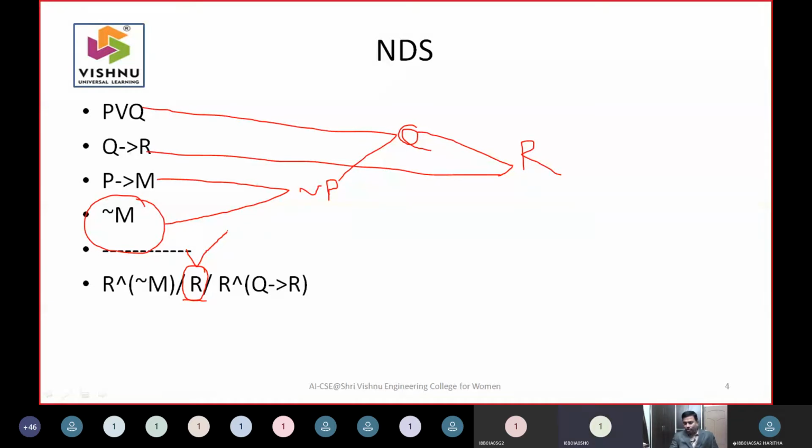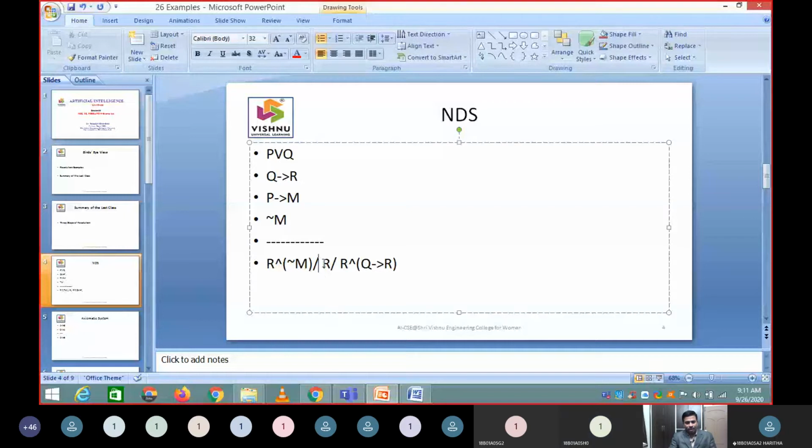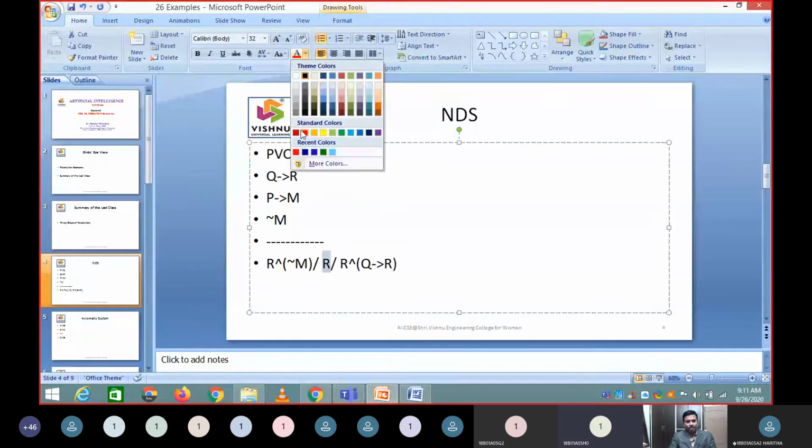Then they have asked you about two inferences. Can you join two statements by using and? See, what we have done till now is, R is a valid inference. That part what you said is right.